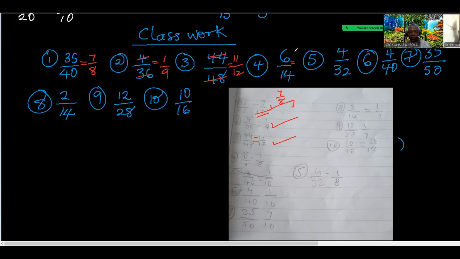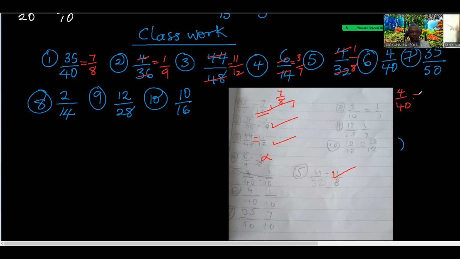No, no. We can't use 6 because 6 will not divide 14 evenly. So we can use 2 here, 3, and 2 here, 7. So it's 3/7. Then number 5 is 1, 4 here, 1, 4 here, 8. That's 1/8. That's correct. And number 6, we have 4/40,